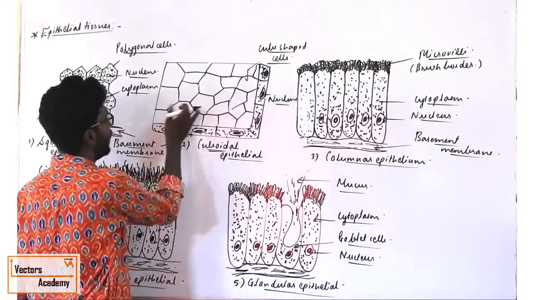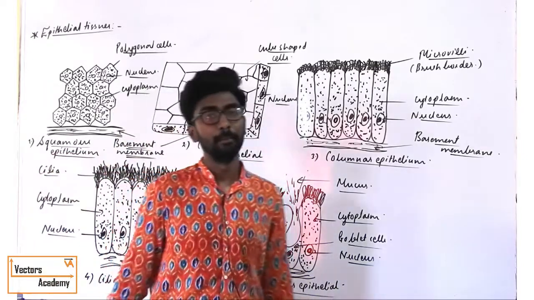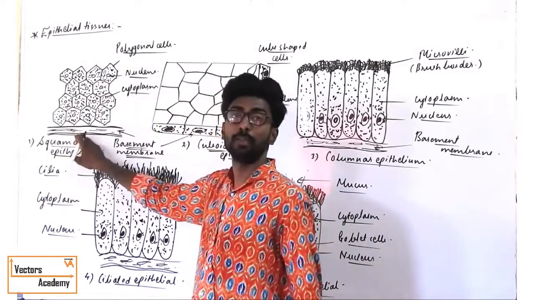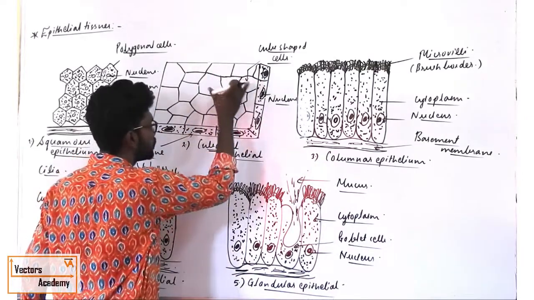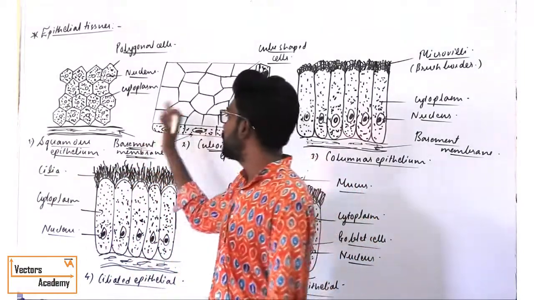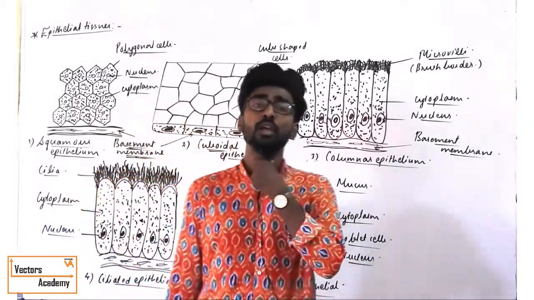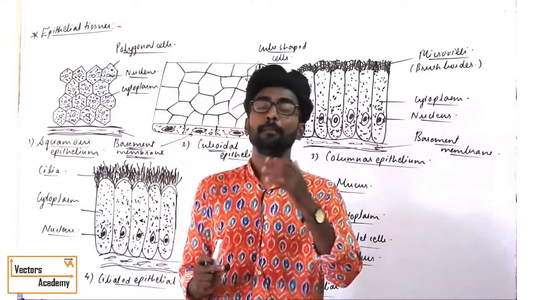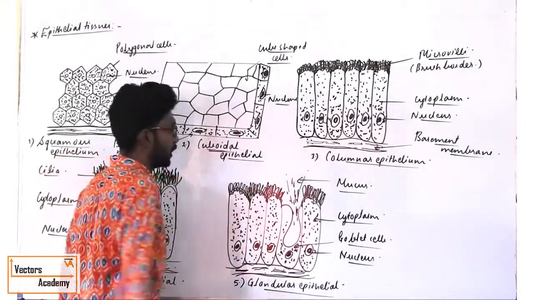All these cells lie on a non-cellular membrane. That non-cellular membrane is called basement membrane, the same as in the squamous epithelium. Similarly, all the cuboidal cube-shaped cells lie on a non-cellular membrane that is called basement membrane. Now what is the function of cuboidal epithelium? Very simple. As this type of tissue is present in the thyroid gland and the kidney, its major role is secretion. They play an important role in secretion and also filtration. That's all about your cuboidal epithelium.